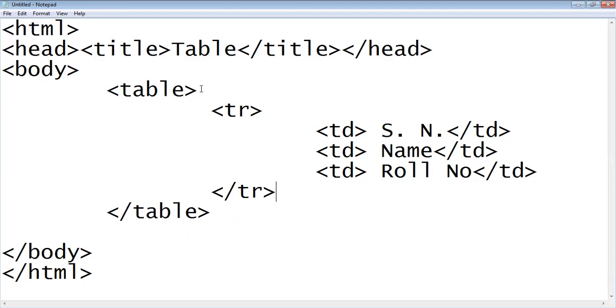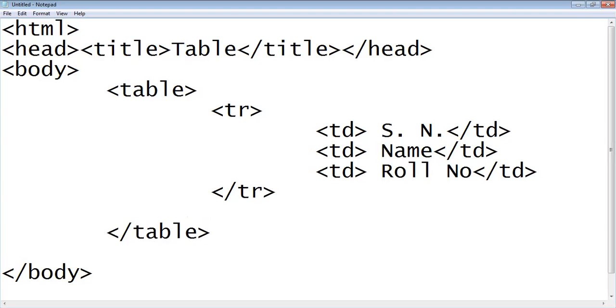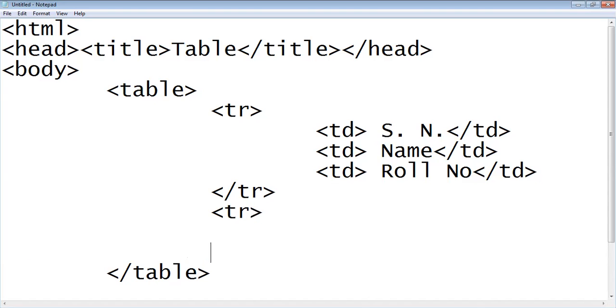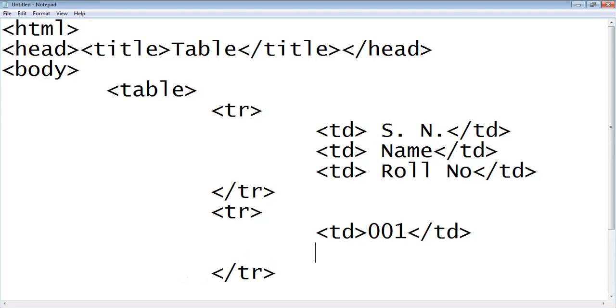Now, in the same process, we will take another table row, because we want to create three table rows. So this one is our first table row, and this one is the second table row. Inside that table row, we will take table data again, like the serial number 001, and close that table data.